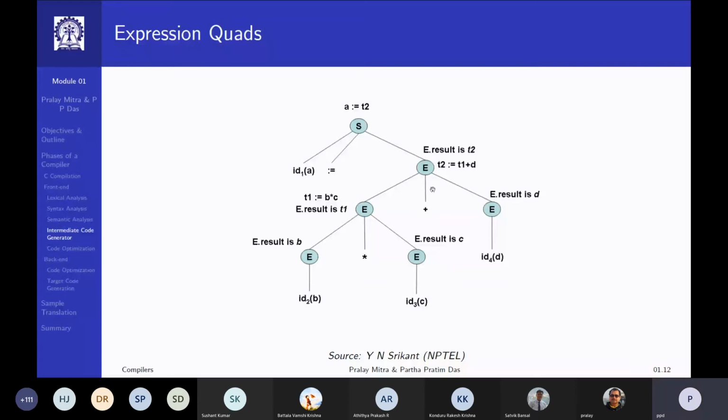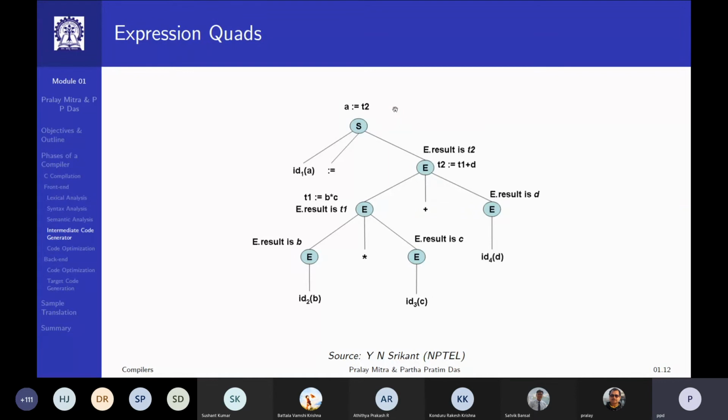A assigned B star C plus D can be done as T1 assigned B star C, T2 assigned T1 plus D, A assigned T2. Okay.